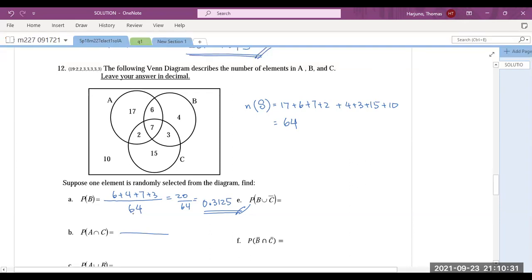How many elements in A and C? 7. Are you sure? A and C. Yeah, I think so. 7 and 2. That's right. Oh yeah, 2. 2 is also in A and C, right? Yeah. Okay. 7 is in A, B, and C. But there are 2 more elements also in A and C. Okay. So that's 9 over 64 in decimal